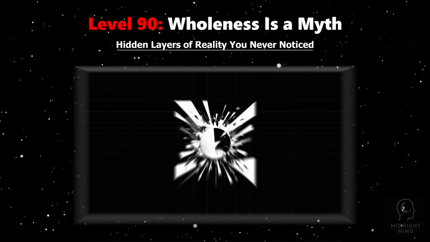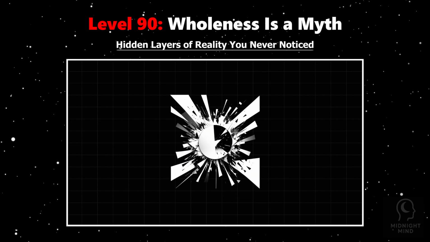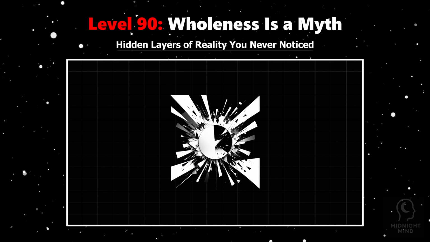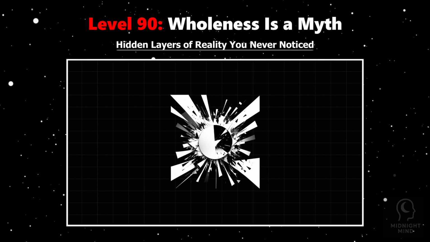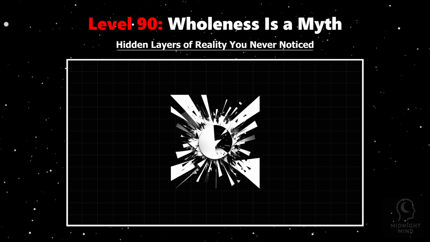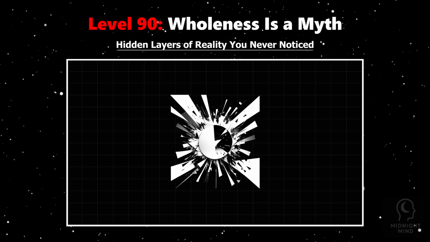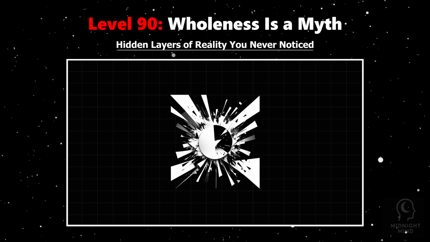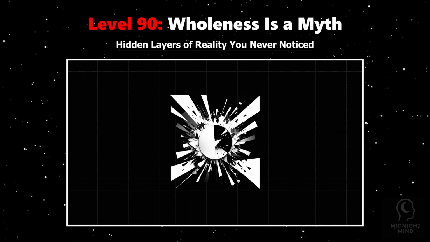Imagine a life where being whole isn't the goal, but the illusion. Science and psychology show that human identity is not a seamless unity, but a mosaic of fragments, different selves, emotions, and memories overlapping and sometimes conflicting. Neuroscientific studies reveal the brain constantly integrates and rewires itself, creating ever-shifting patterns rather than a fixed whole. You're not broken because you're fragmented. You are real because you exist as a dynamic interplay of parts.